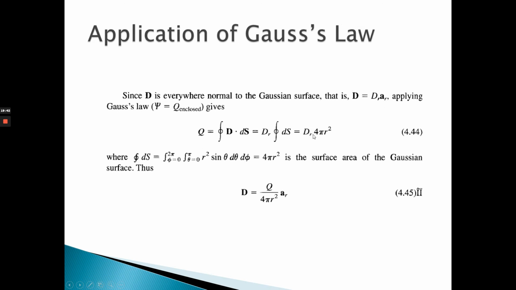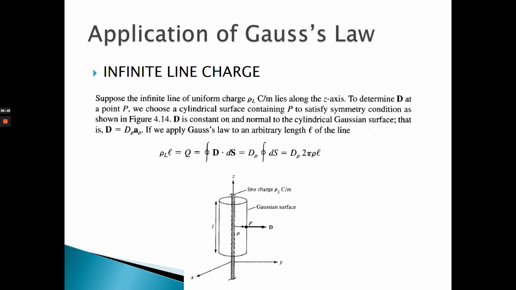and if you do this integration, I am not going so deep inside, guys, because I don't want to. If you integrate this, you will get 4 pi r square D_r. From here, if you want to find D_r, then it becomes Q divided by 4 pi r square. This is the same thing that Faraday says for the point charge,